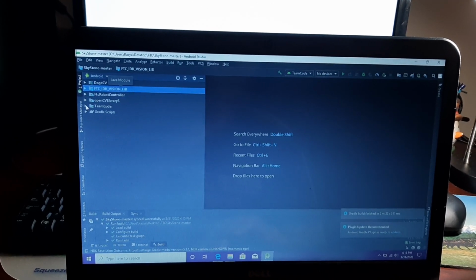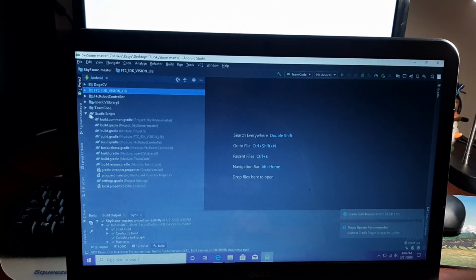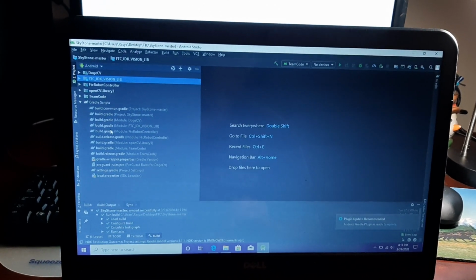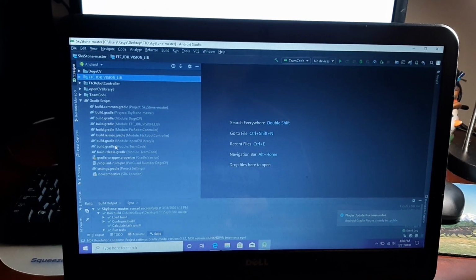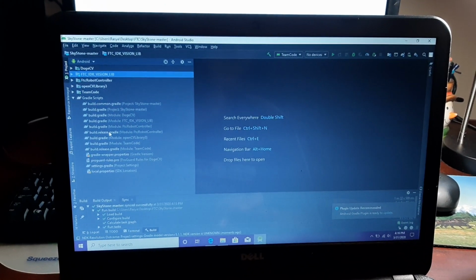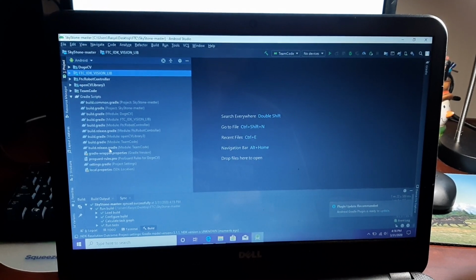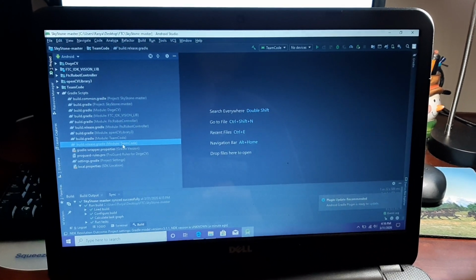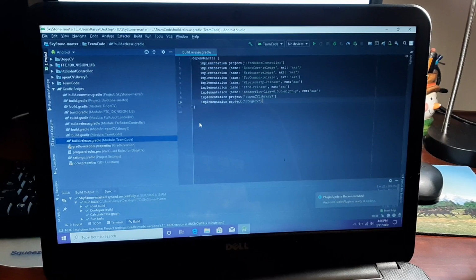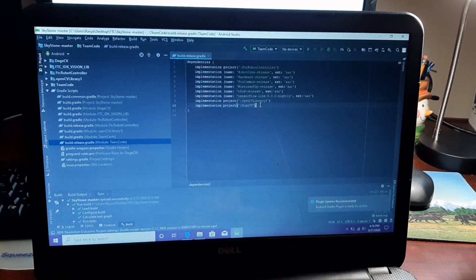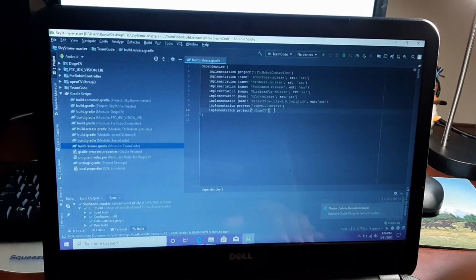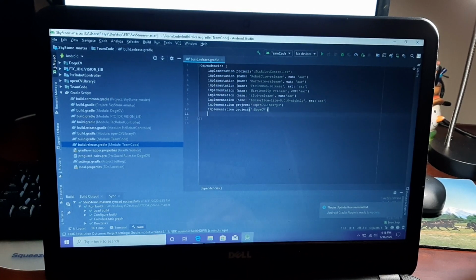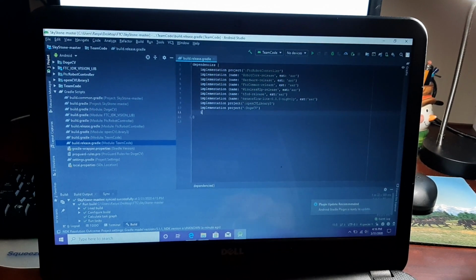So now to use the module, we have to go down to Gradle Scripts, this little elephant shaped thing down here. And then you have to go to the team code, build release Gradle, which is down here. So it should say build release Gradle, module team code. Click on that, open up the file. Okay, and then now you have to go down here, and then you have to type in